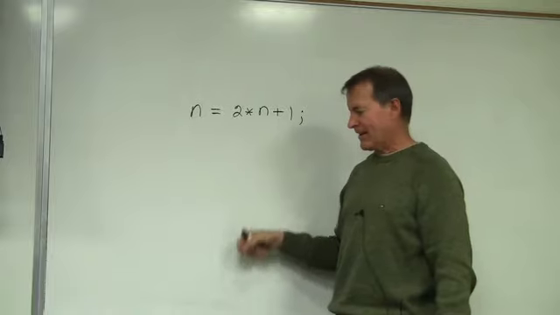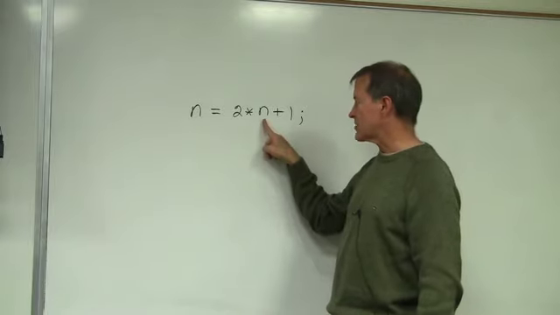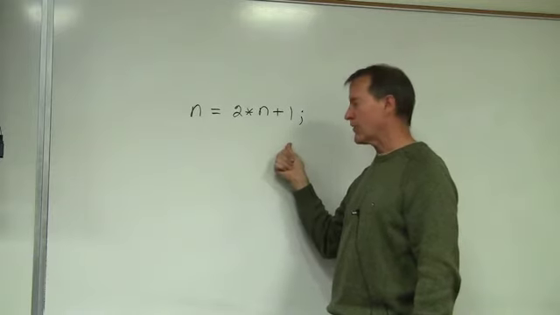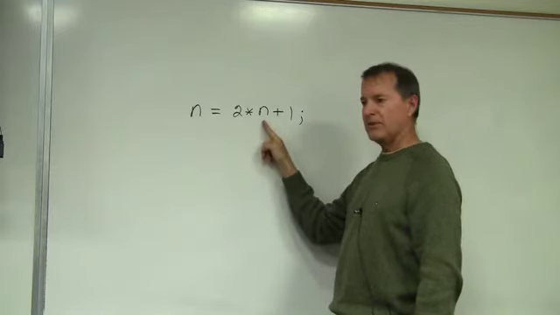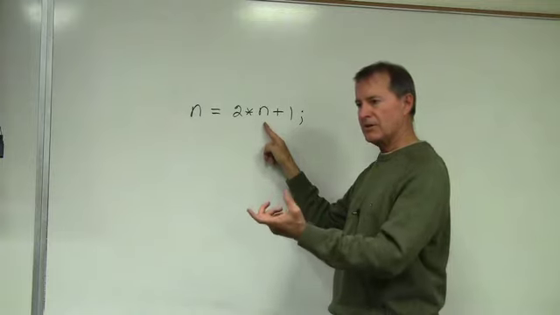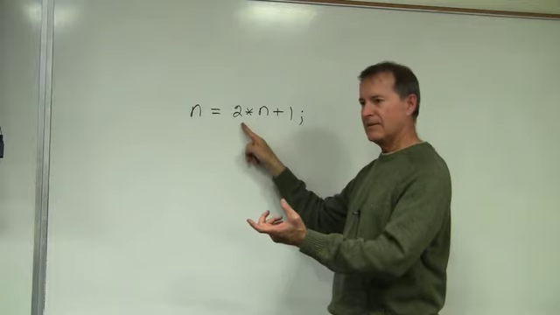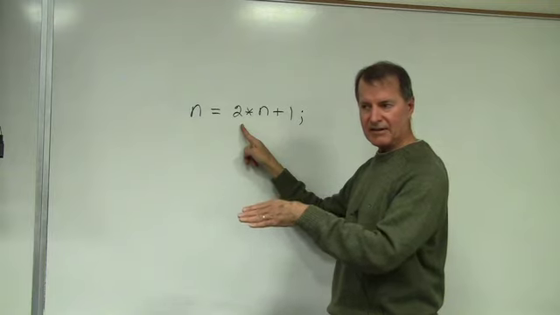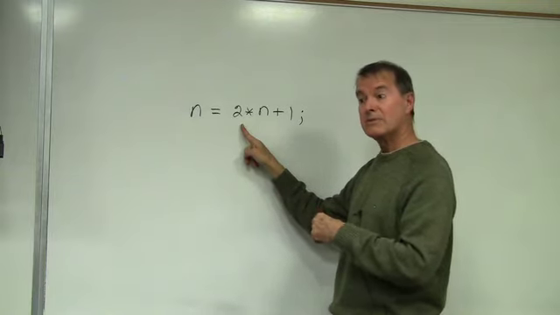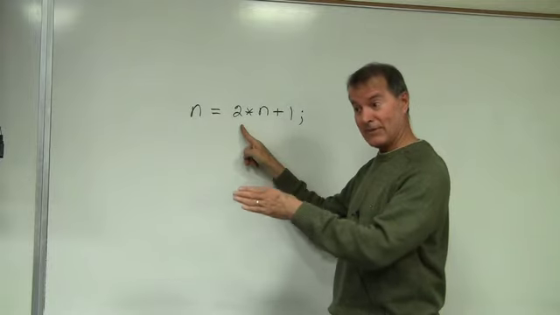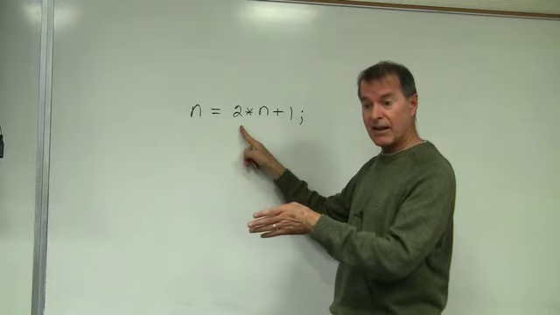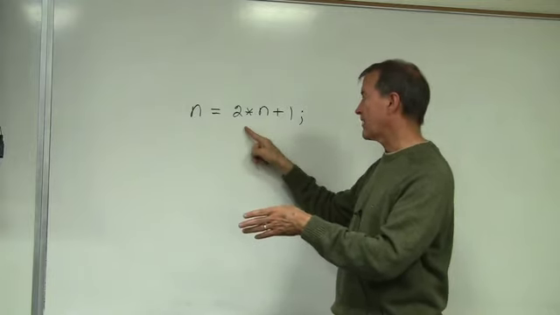What would you have to do? You'd first have to do what's on the right-hand side of the assignment statement, right? You figure out that. So what would you have to do here? You have to take the current value of n and do what with it? Load it into the accumulator, and then do what? Multiply it by 2, which you could do with a shift left. Arithmetic shift left. Yeah. Or you could add it to itself. Yeah, you could do that. Add it to itself, and then 2n would be in the accumulator.